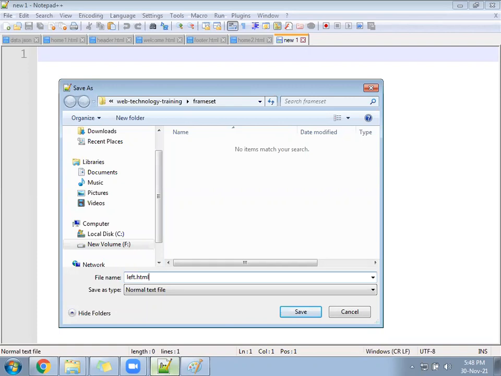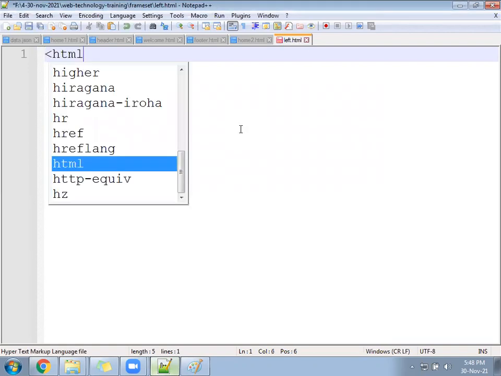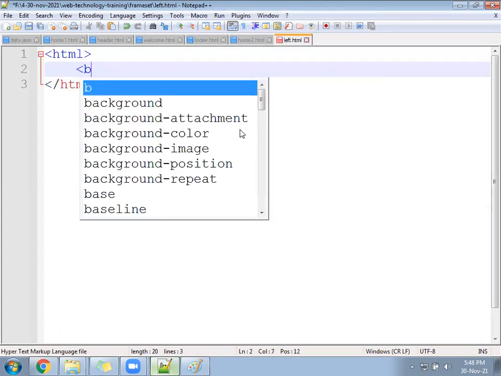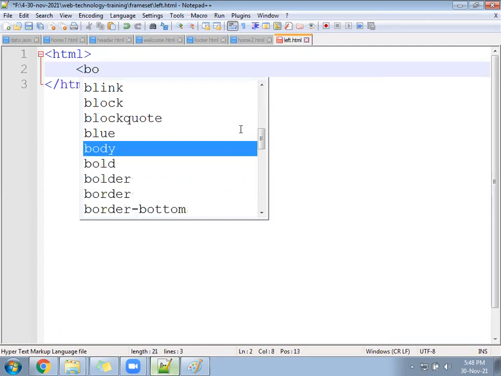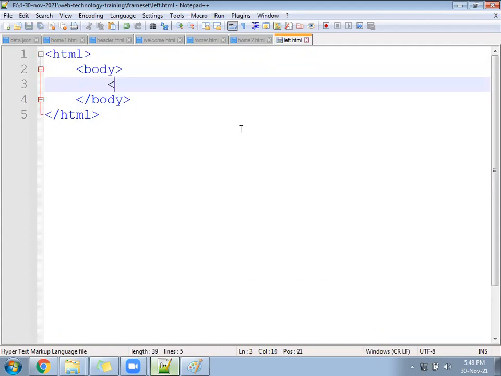Left.html. Learning HTML is nothing but, number one, learning how to type; number two, identifying where the single quote and the double quote are; number three, identifying typing mistakes. That is the meaning of HTML.